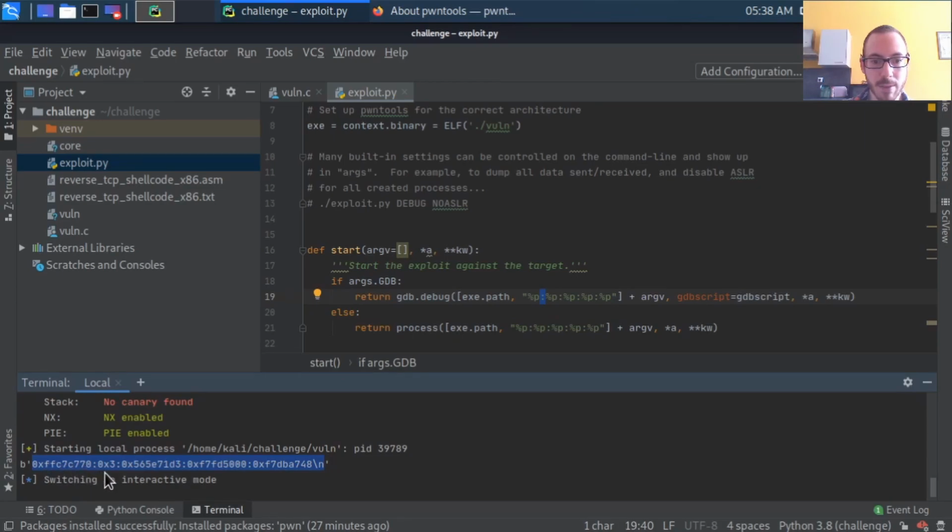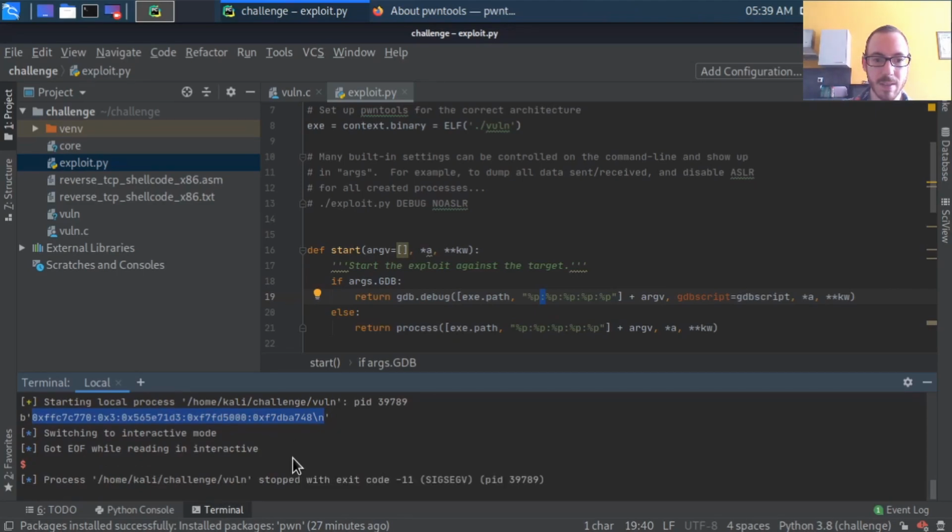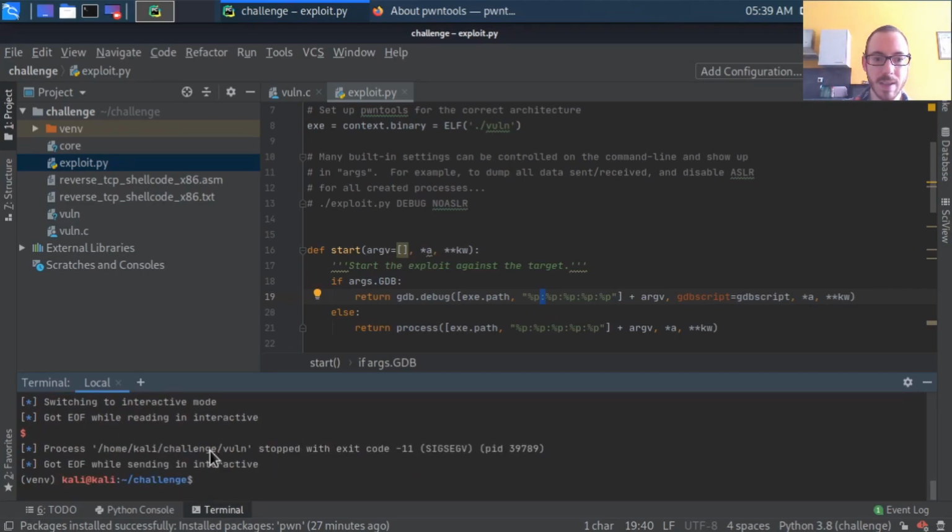We have an address, we have 3, we have something else, then it's probably an address again, and probably an address again. And here we see that the program just received the segmentation fault, so we are getting exactly what we did manually just before. So now we can use another argument that is GDB, and this one is very nice because